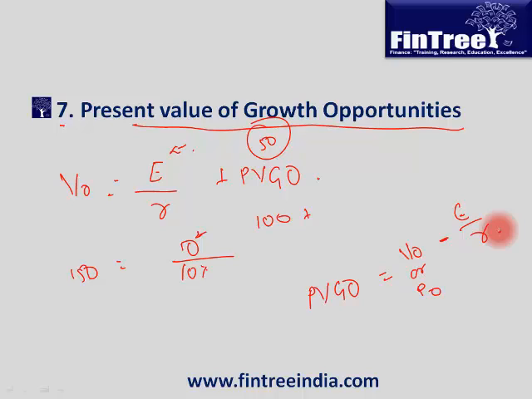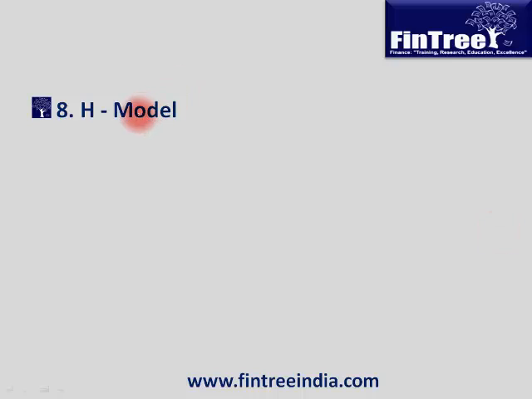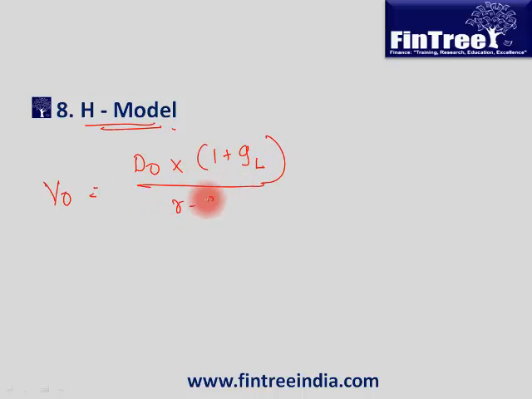Should we move on? H model for calculating value of stock using dividend discount model. When do we use H? When you come across the word linear, that there is a linear decline from one stage to another. So here the formula is value of stock at time 0 is equal to D0 into 1 plus G long run divided by R minus G long run, plus